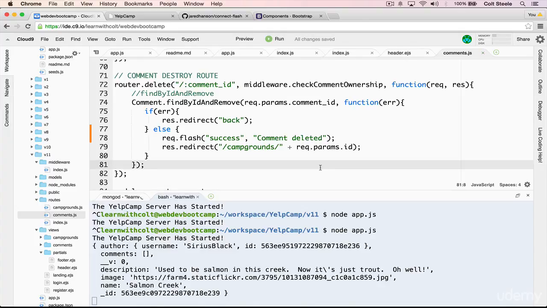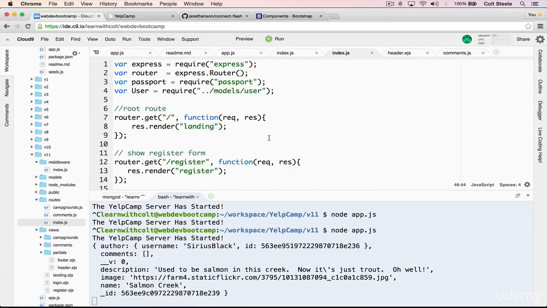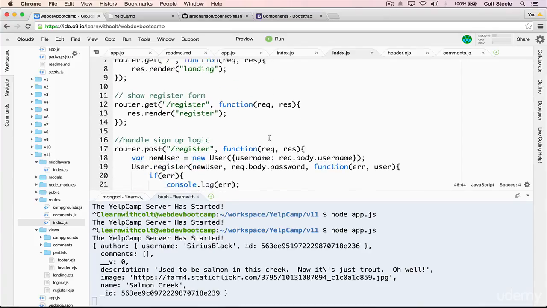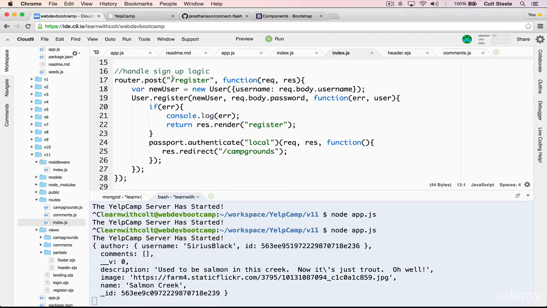All right. The last bit of routes that we have are the authentication routes. So first things first, let's see. When you register, we don't want anything to show up there right away. When you send the post request to /register though, when there's an error, we do want to add something in. So this would be if you can't sign up for some reason. If your password is empty, if the username is empty, if the username is already taken, that would all happen